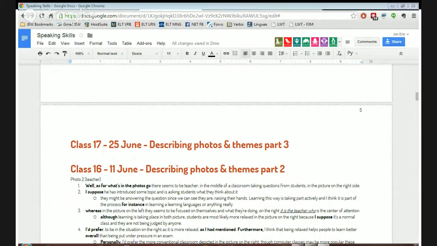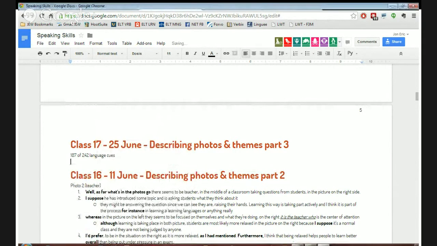So give me a second because I'm going to copy and paste a new set of pictures. Language cues. I have to make a quick note to myself about what my page numbers are. So I'll do that. Language cues, 147. And my pictures, I'm going to paste on screen for you.